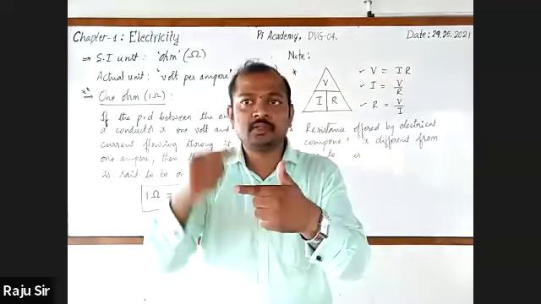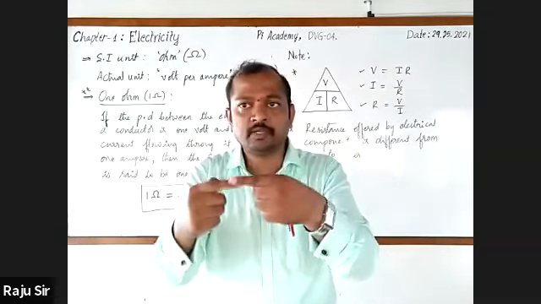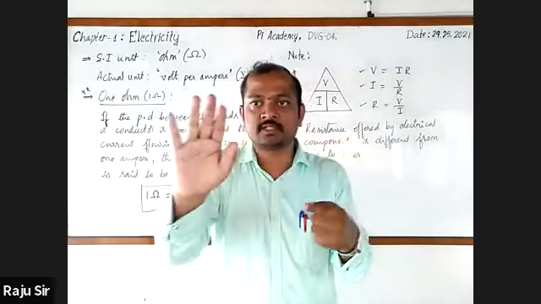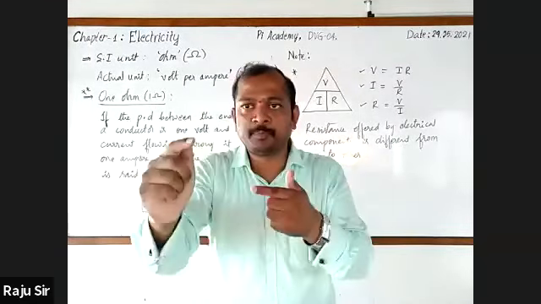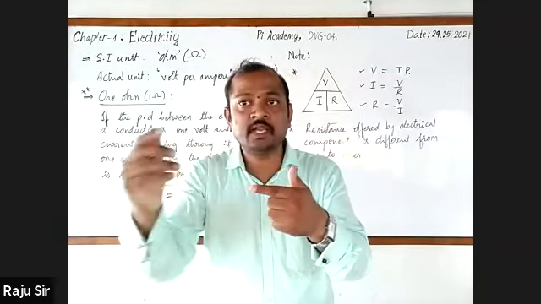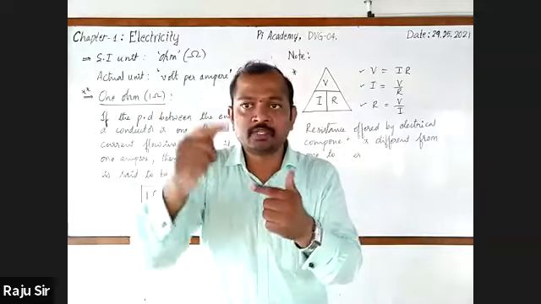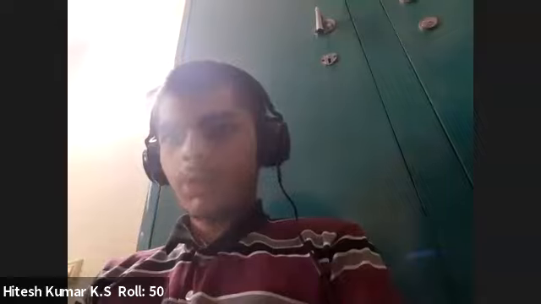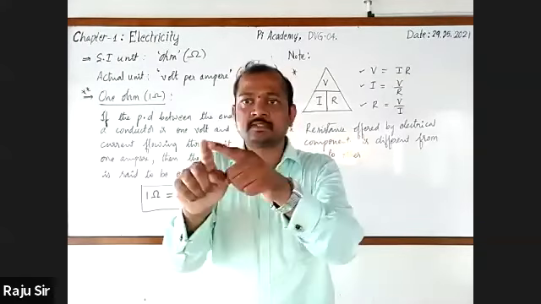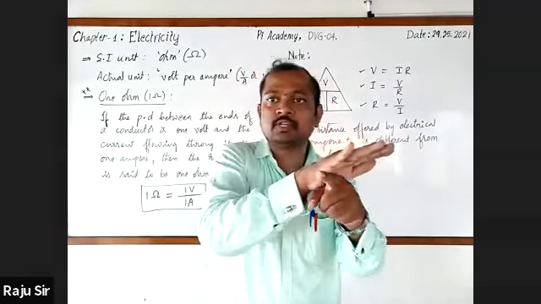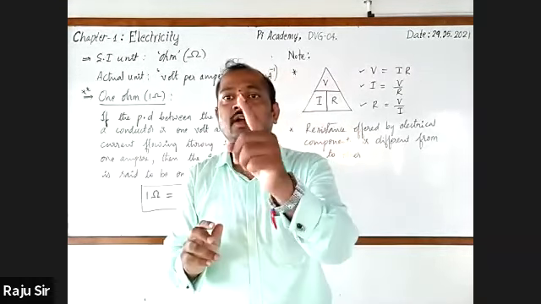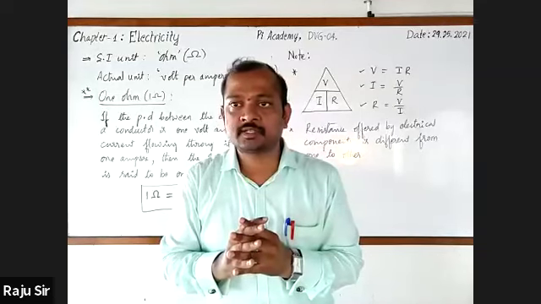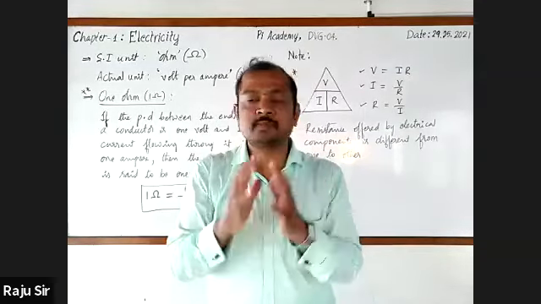Among these, the component which offers low electric resistance is a good conductor. The component which offers high electric resistance is a poor conductor. Which of these two is a good conductor? Copper or iron? Copper. Copper offers low electric resistance, therefore a good amount of current flows through it. As a result, we can say that copper is a good conductor of electricity. Iron is a poor conductor in comparison.